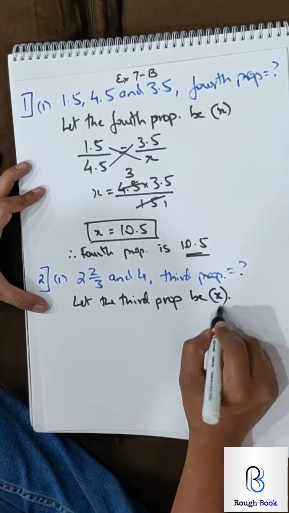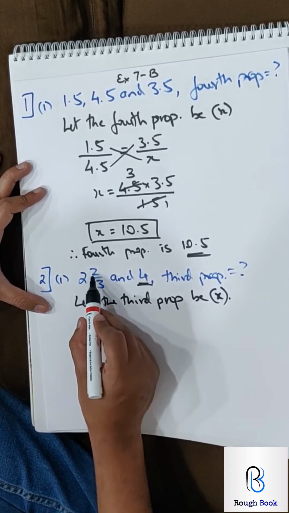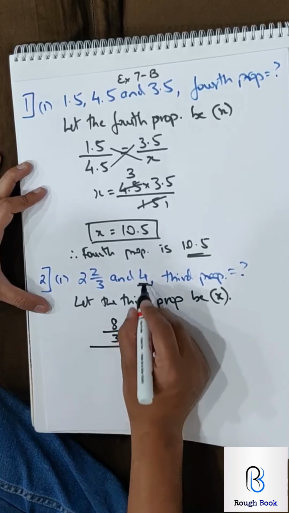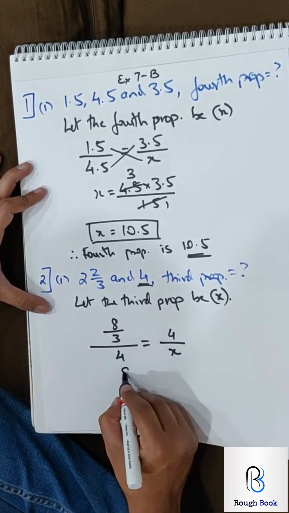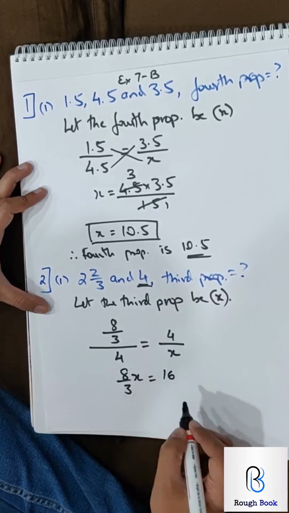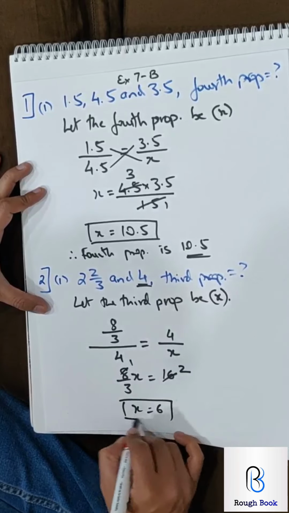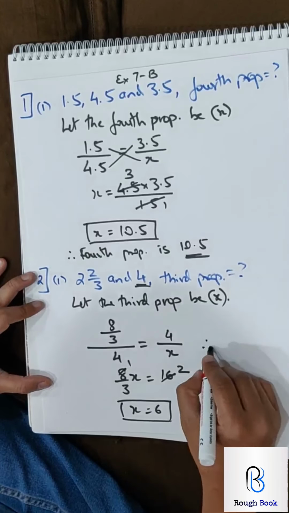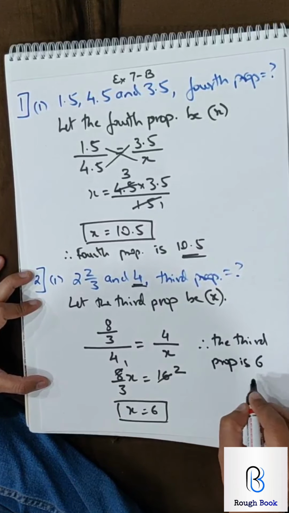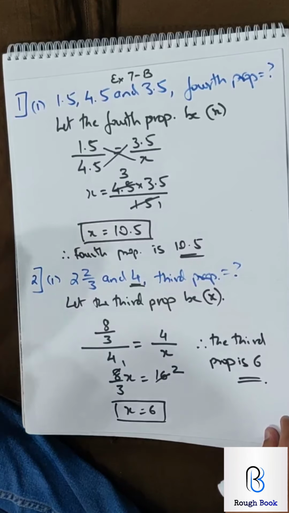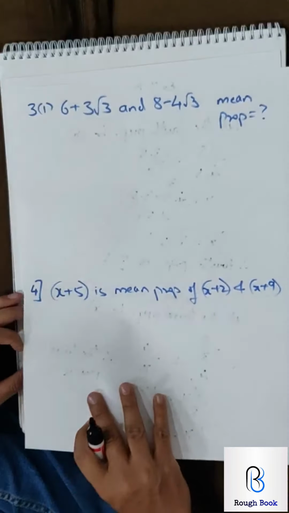be x, and the second one repeats itself because you remember continuous proportion. So 3 2s are 6, 8 by 3 divided by 4 and 4 divided by x. So if I cross multiply I will get 8 by 3 x equals 16. 8 1s are 8, 2s are, 2 goes on the other side, I get 6. You can write the final statement. Therefore, the third proportion is 6. When you start these sums, I want you to pause the video, try on your own and then go ahead. Likewise, you should be doing with most of the other sums as well.